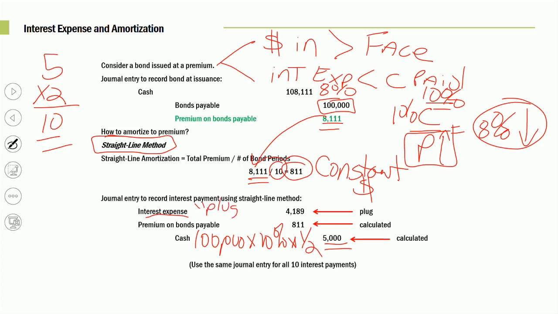When I do the straight line method, I know what premium I'm going to allocate to the first period and every period: $811. So what's going to be our interest expense? If you take the $5,000 and back out the $811, therein lies your interest expense of $4,189. And that'll be the exact same journal entry for all 10 interest payments, so 2 payments per year over the 5-year time horizon. Technically not GAAP, but GAAP says go ahead and do it if the differential between straight line and effective interest method is immaterial. So if they give you a math question and you have to amortize the premium, piece of cake. Okay, let's take a look at our next one.